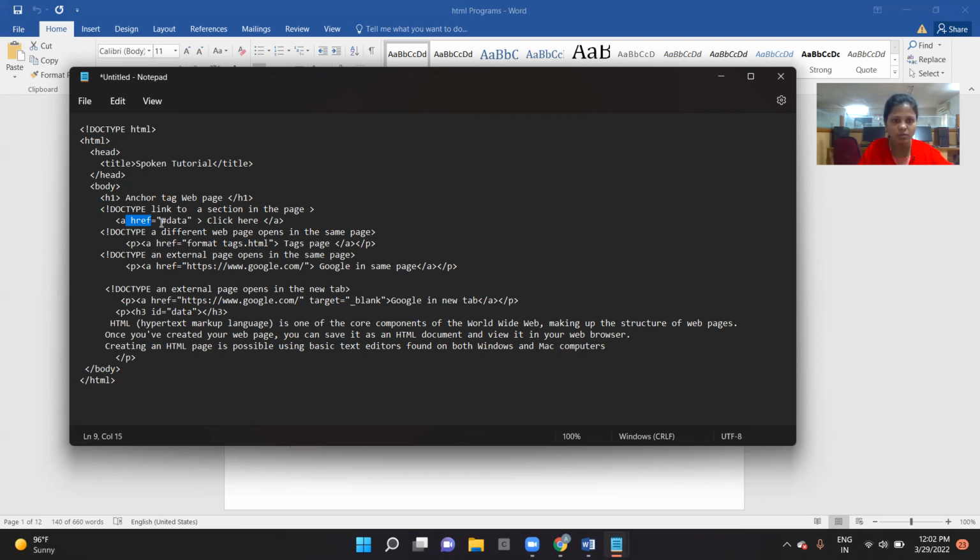This reference attribute can be used in three ways. In the anchor tag, we have three types of hyperlinking. One is a section in the same page. The second one is